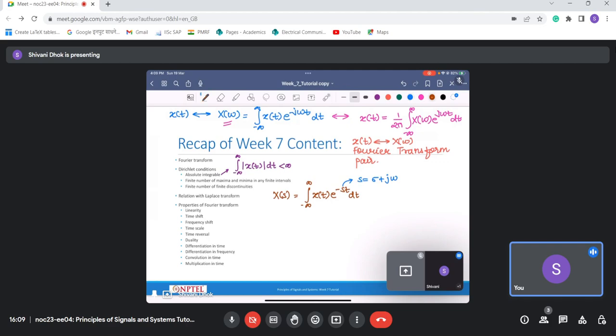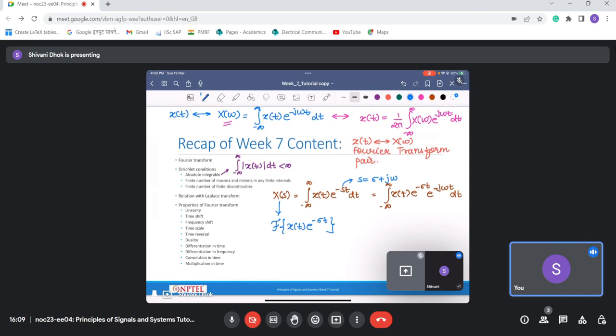So we can write this as integral from minus infinity to infinity x of t into e power minus sigma t into e power minus j omega t dt. If we compare this definition with the Fourier transform definition, it can be clearly seen that this x of s is basically the Fourier transform of x of t into e power minus sigma t,